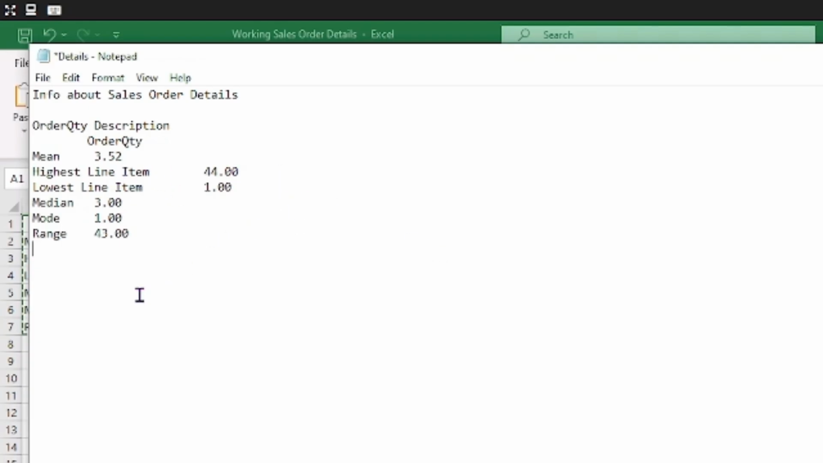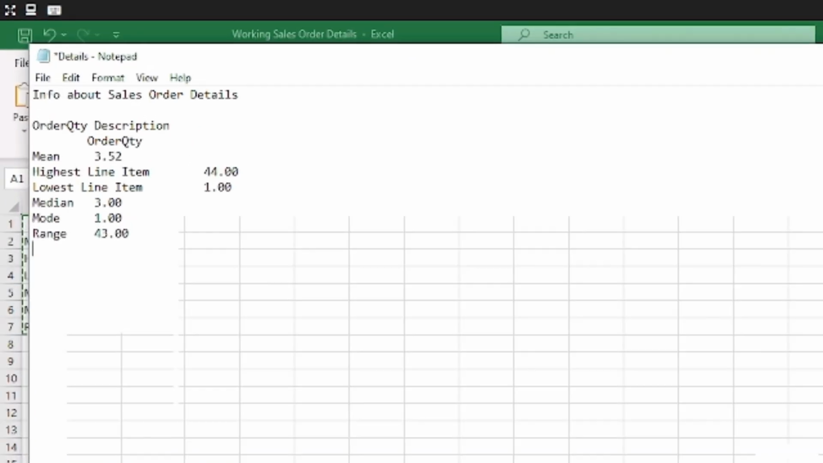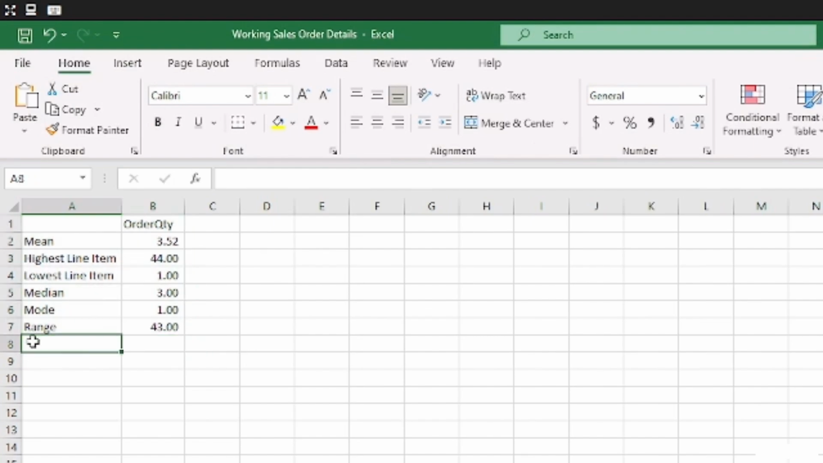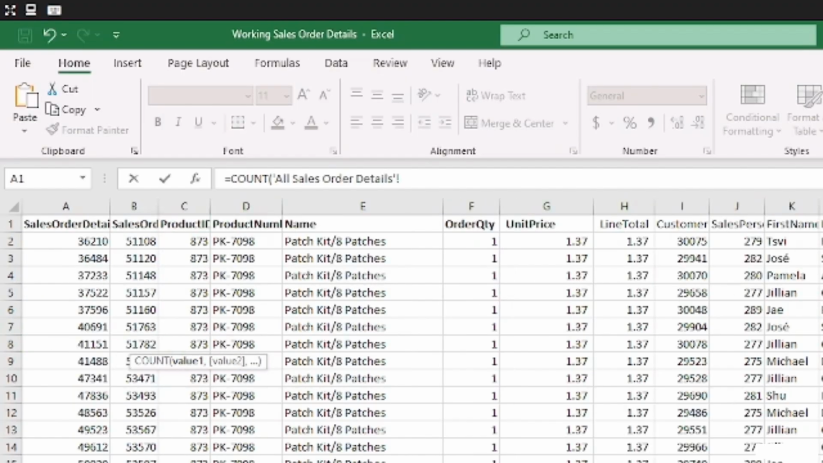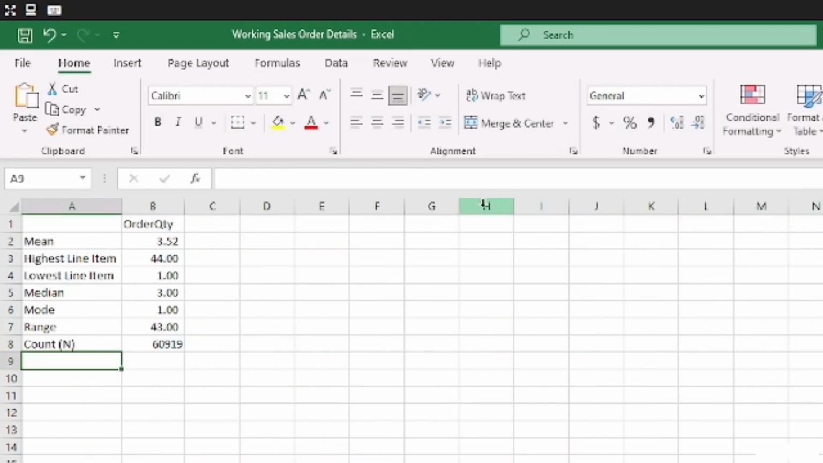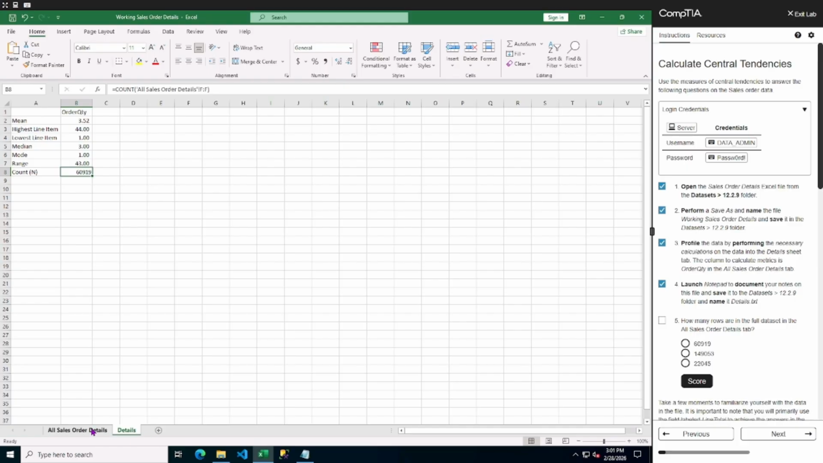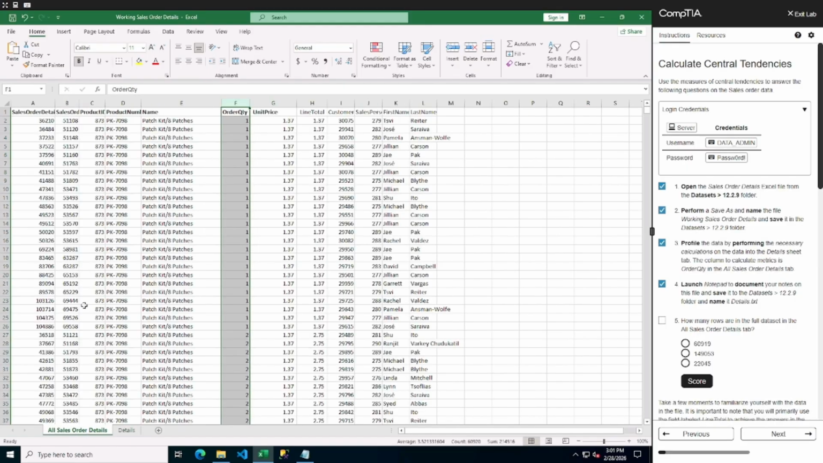Okay, it's a little messy, but that's all right. How many rows are in the full data set? So we can jump back over here. I could just do a count down here, or the N. I'll do F like that. 60,919. The other way that I could do that is to go over here into this file, into this worksheet,